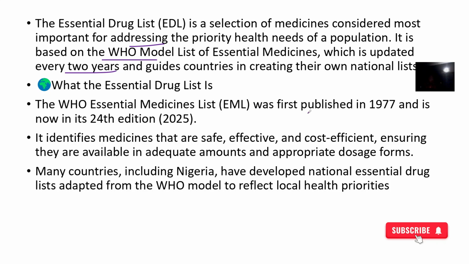So the World Health Organization essential medicine list was first published in 1977, sorry. So we have the latest edition, which was in 2025. So I'm recording this video in 2026 though. So it identifies medicines that are safe, very effective and cost effective, and this actually ensures that the medicines are available in adequate amount, just what is needed. So many countries, including Nigeria, I'm talking to you from Nigeria, have also developed their national essential